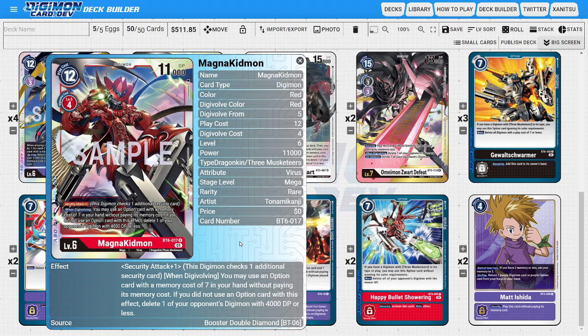So he does have some pretty decent utility in the deck, on top of which he does have security attack +1, so he is actually acting as some of the deck's major punch potential, where he could help try to close out games because of that security attack +1, dealing multiple damage, on top of the fact that he also has a really nice when digivolving ability of his own,